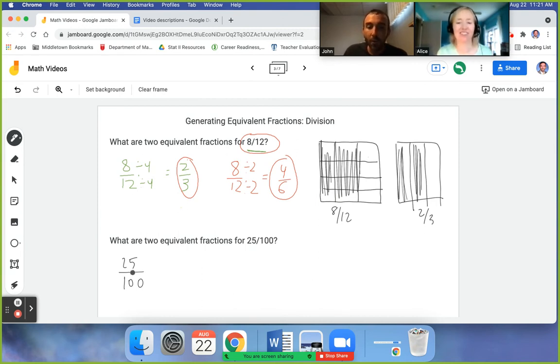So when I see 25 and 100, I'm not going to have the luxury of being able to try 2 because 25 is not even. So I have to think of something different. And I remember my teacher saying, if I have things that end in 5 or 0, a great starting point would be to divide by 5 itself. So we can start with that, divide each of these by 5, and I get out